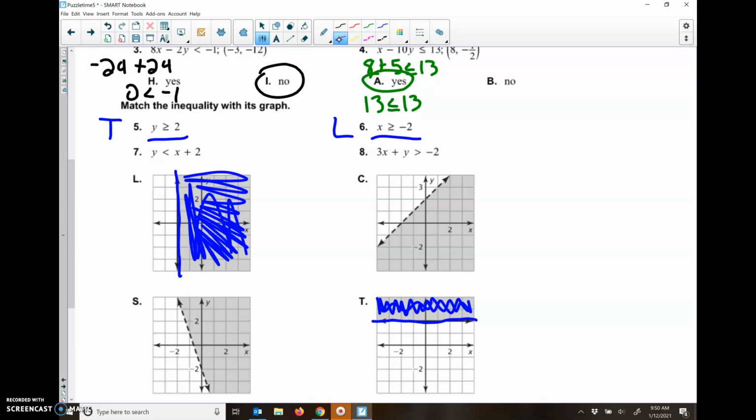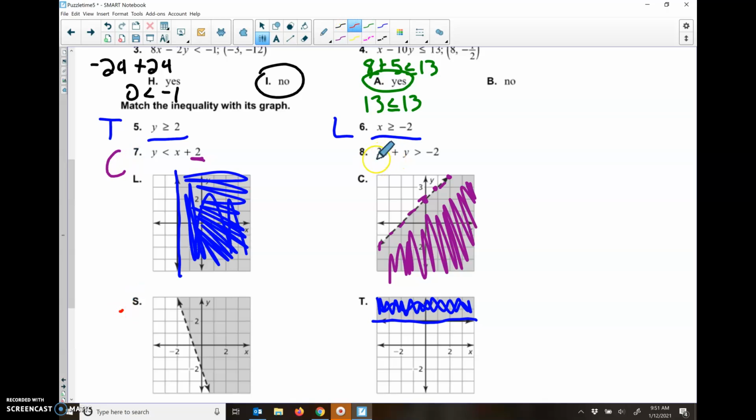All right, and then for 7 and 8, we actually have to look a little bit. So I have Y is less than X plus 2. So we're looking for something that has a y-intercept of +2, which looks like it's going to be this one right here. And then my slope is up 1 over 1. Yep, that matches up with this. It's going to be a dotted line because it's just a less than sign, not a less than or equal to sign. So it looks like that. Everything looks good. And then lastly, we are shading underneath because it is a less than sign. So it looks like letter C gets matched with 7, which means that 8 must get matched with S,